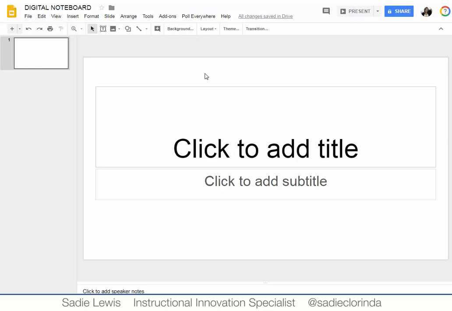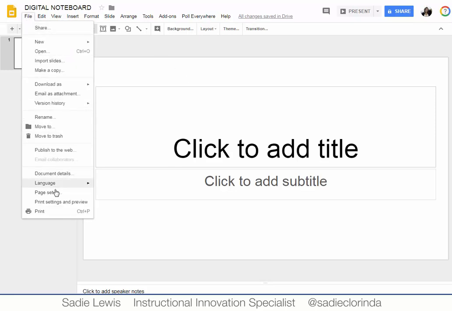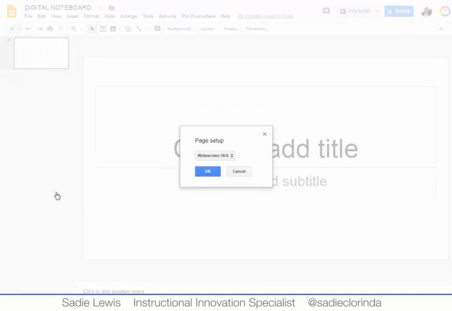Think about what you want your digital noteboard to look like. Do you want to keep it like this in landscape or switch it over to portrait? Maybe you want it to be a square or even look like a piece of paper. To change it, we'll go to the File menu and choose Page Setup. Here, you can choose to keep it as widescreen or switch it over to standard, which is a more traditional